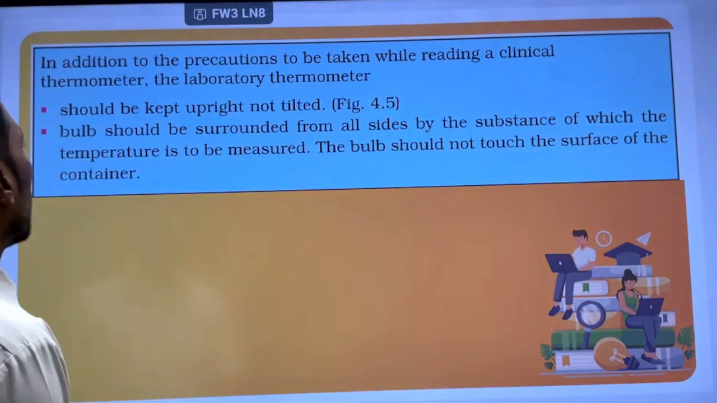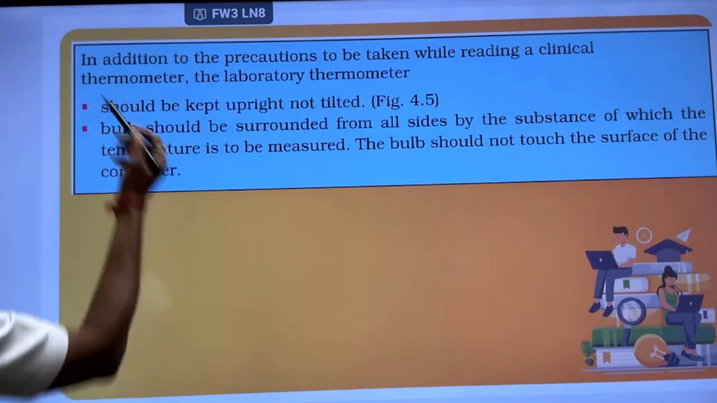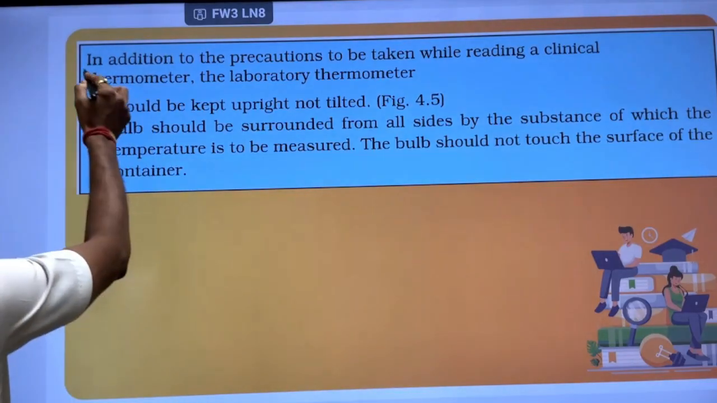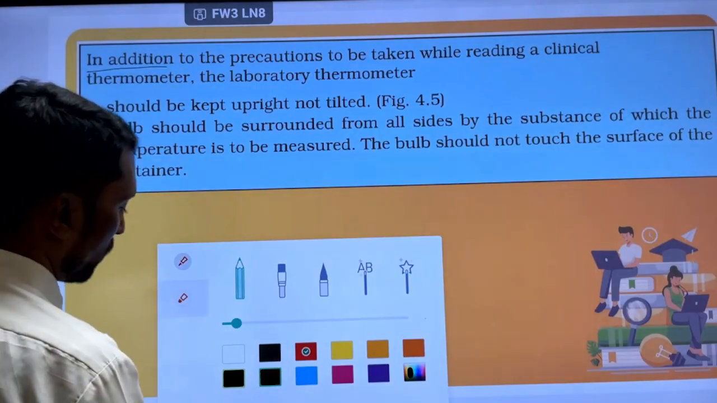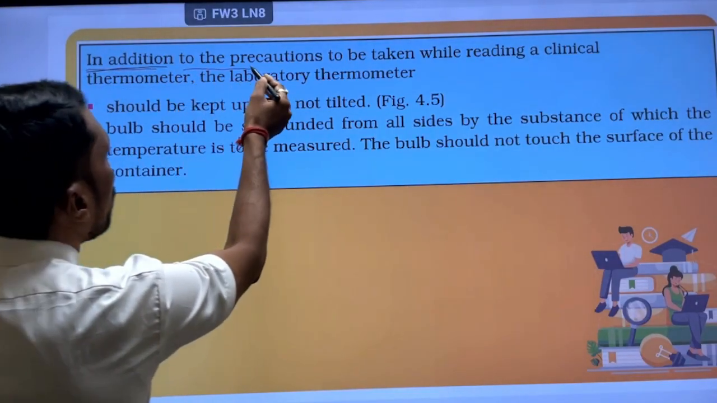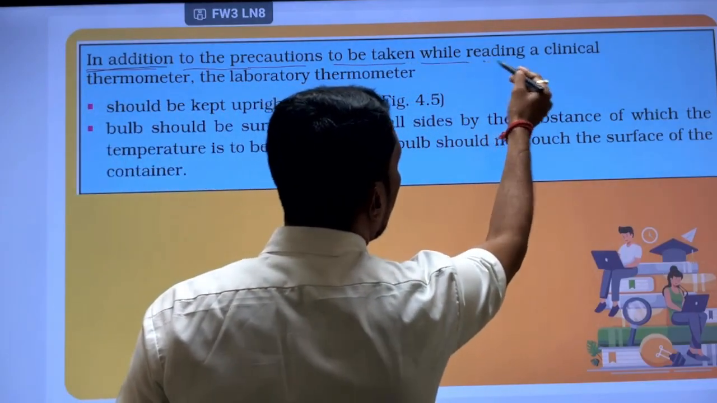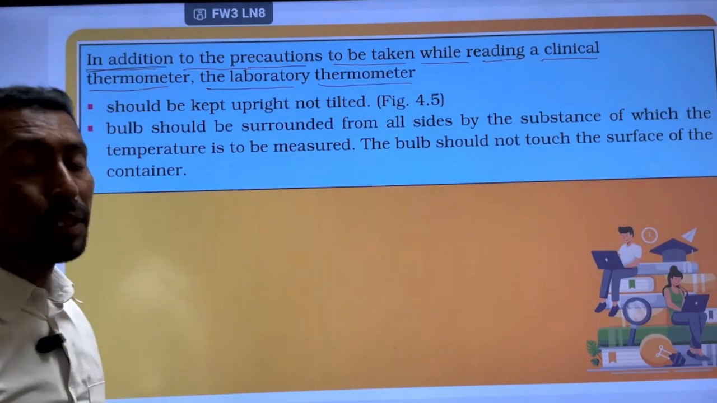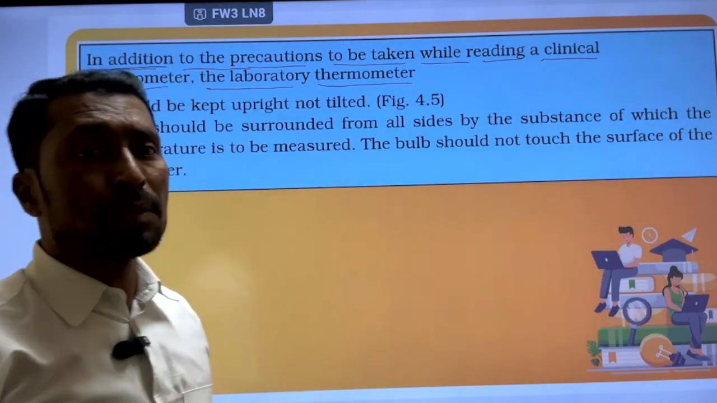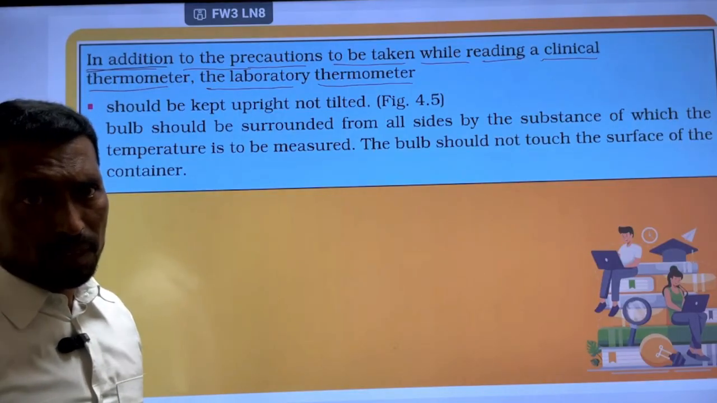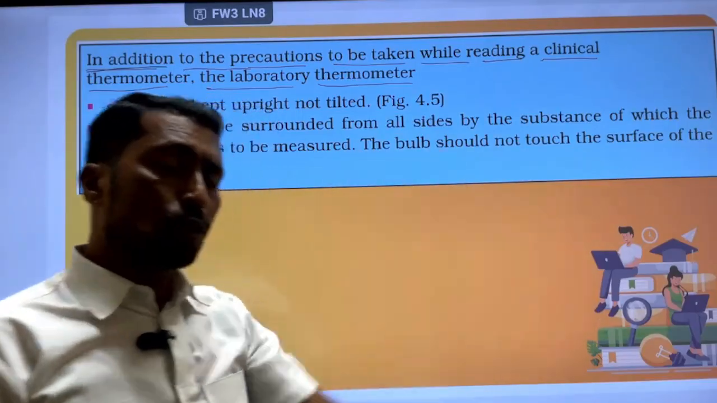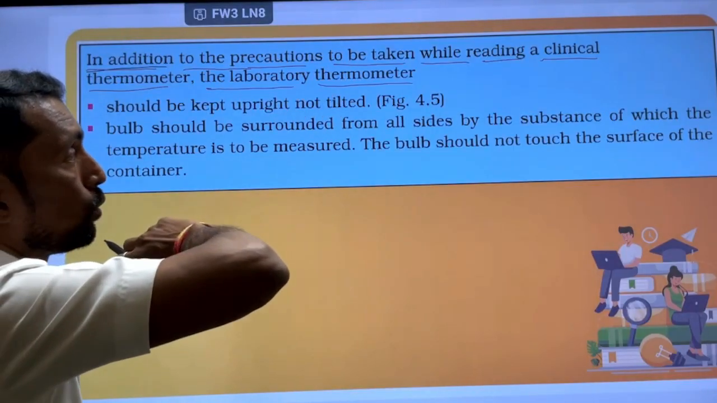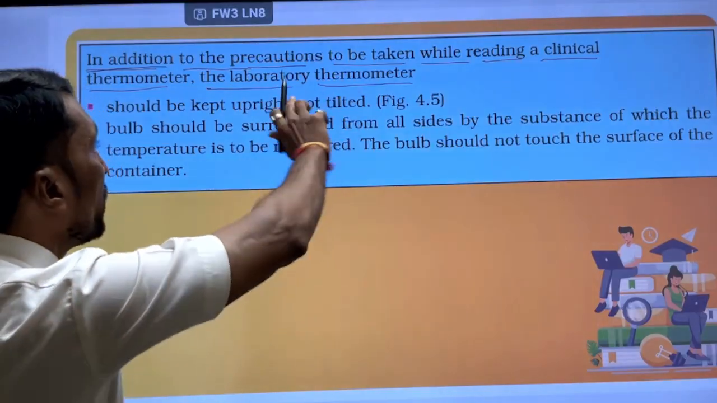First of all, this page says that, in addition to the precautions to be taken while reading a clinical thermometer, the laboratory thermometer. What precautions are to be taken while using the clinical thermometer as well as the laboratory thermometer? We already discussed the clinical thermometer. Now we discuss only what precautions we take to measure the temperature using a laboratory